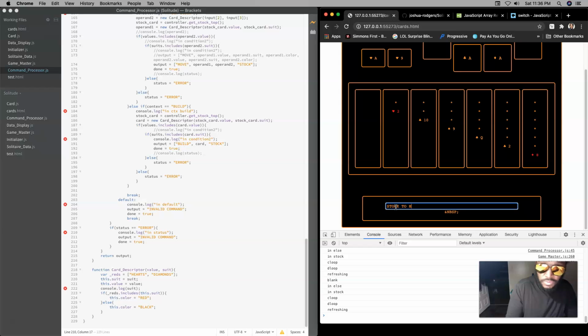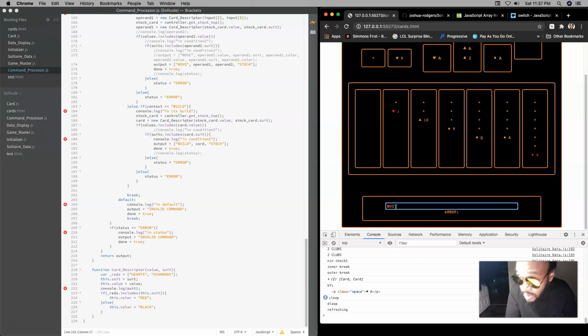Stock to hearts. Build clubs to build spades, ace, build hearts to